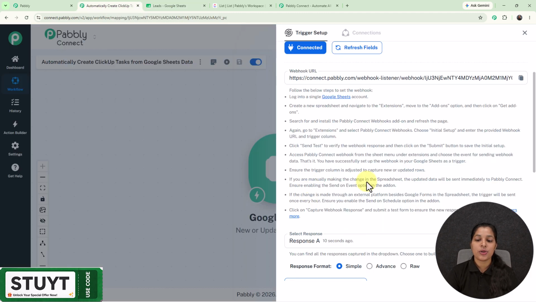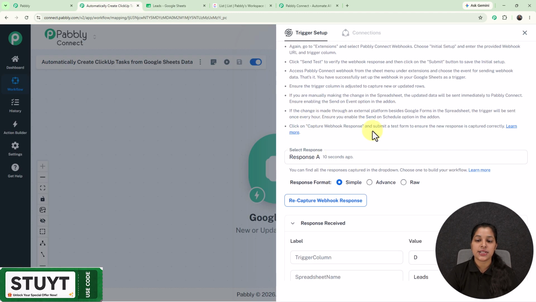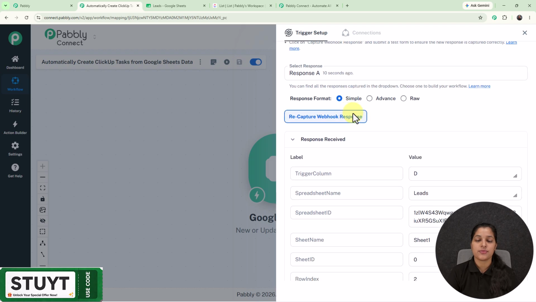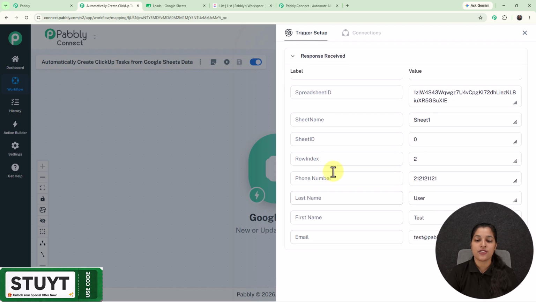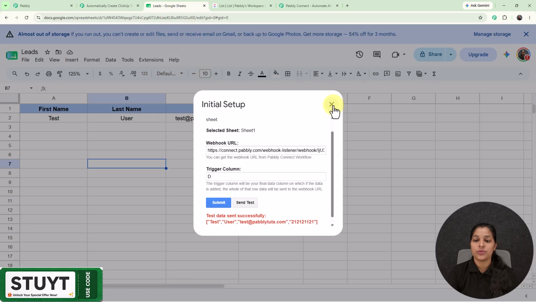So right here I'm on my Pabbly Connect, where you can see 10 seconds ago we have received this response, that is response A, and this response consists of all the fields which we have just filled. Now we just have to create a ClickUp task, but before that you have to perform one more operation over your Google Sheet,